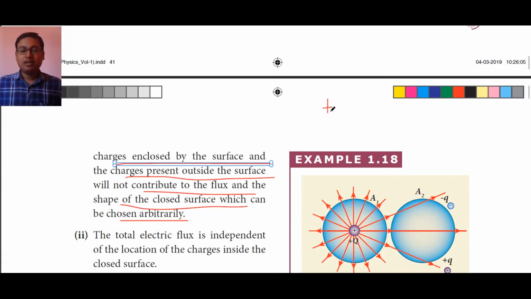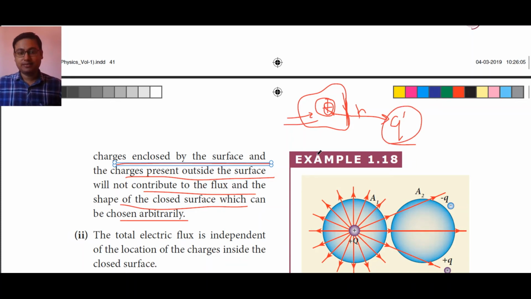the flux only depends on the magnitude of the charge inside the closed surface area. Okay, suppose we are taking any arbitrary area like this, and here a charge q is situated, whether a positive charge or a negative charge, we only need the magnitude. Suppose we have another charge at some distance r from this charge, suppose this is q dash, in that situation the total electric flux at this region because of this charge will not be affected by the other charge. Okay, so every single charge contributes to the electric flux. Okay, now coming to the second topic.